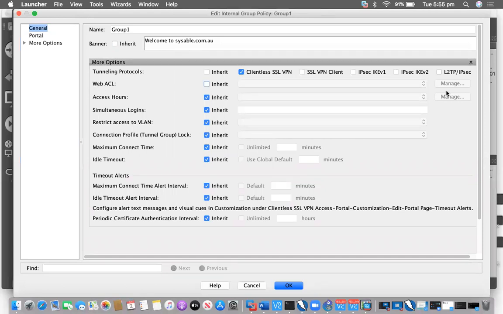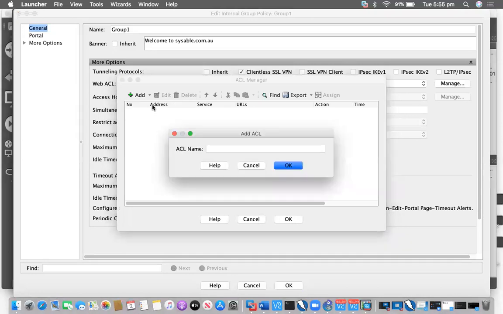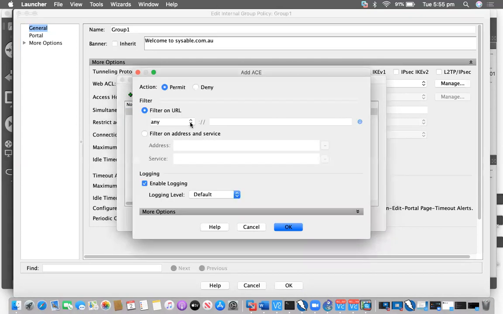So untick this one and click on manage and say add ACL by name, maybe web, anything you can give, until and unless it has been set to provide any specific name. Since we do not have any specific name, we are creating a name, access list name as web, and I'm saying that this access list consists of HTTP traffic, and it should be only server1.sysable.com.au.